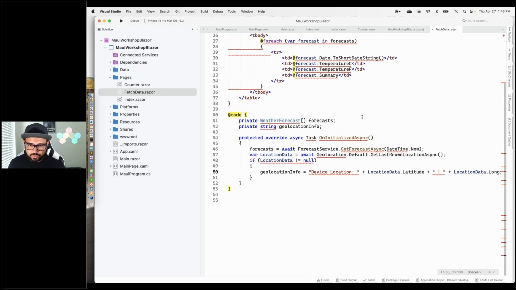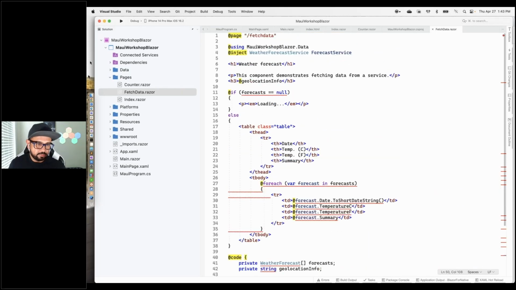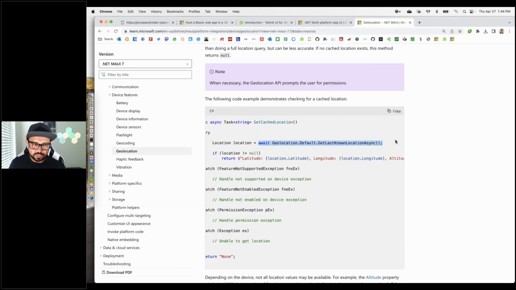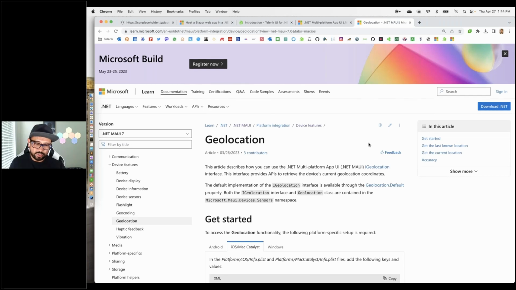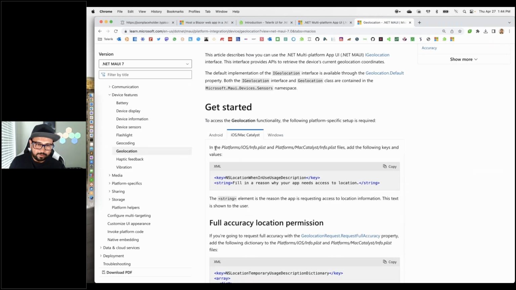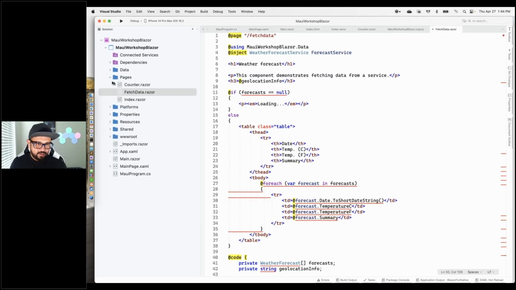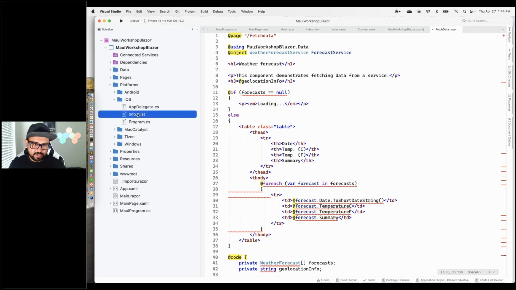All right, will this fail on me? Yes, it will fail, because we didn't do the permissions thing. You see that on iOS and on Android, you will need to do this. So in the platform iOS Info.plist, you need to add this following key, right? So NSLocationWhenInUseUsageDescription. So copy that. So we'll go back here. Now this is an example where you do have to go into the platform, because these are platform specific permissions, right? So if I go into iOS, I get this Info.plist, which can I open with